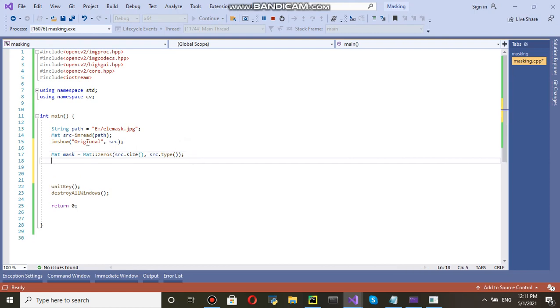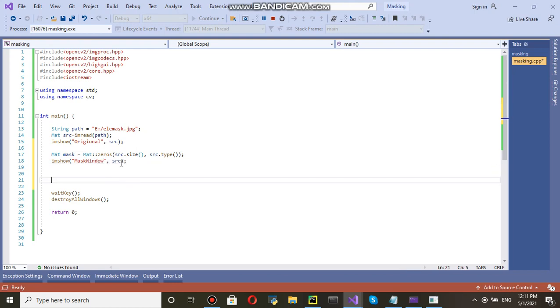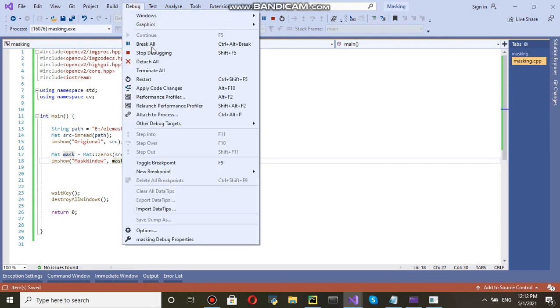If you want to see it, you can do it like that. Control C this one, Control V, and here you can see the mask window. This is the mask window, and here you can print it, mask. Control S, save it. Now run this program.